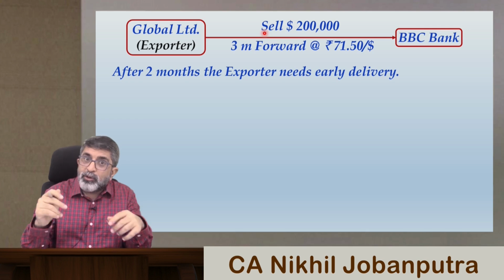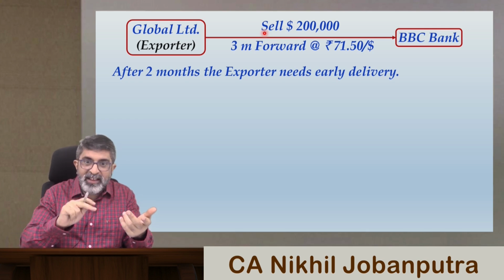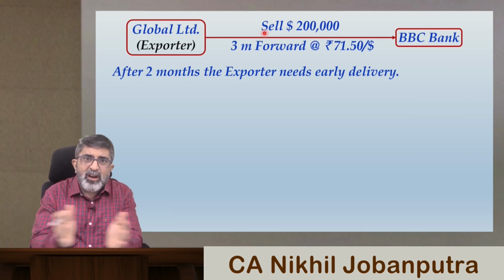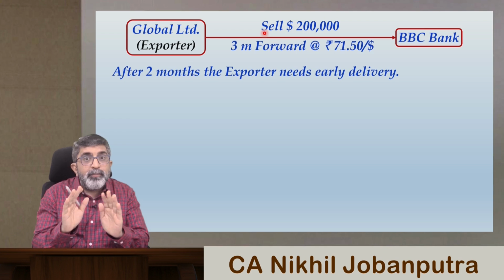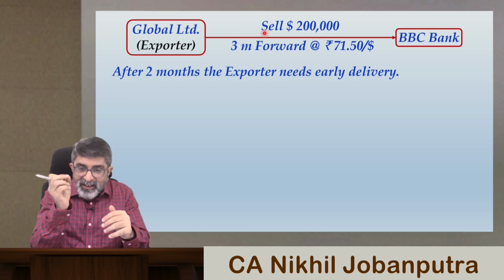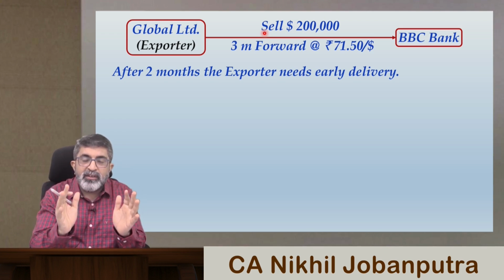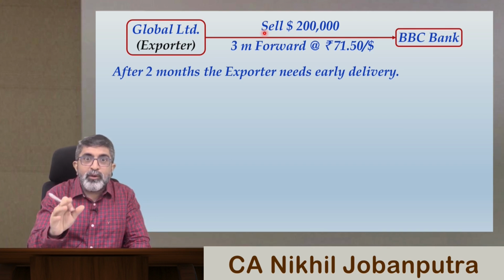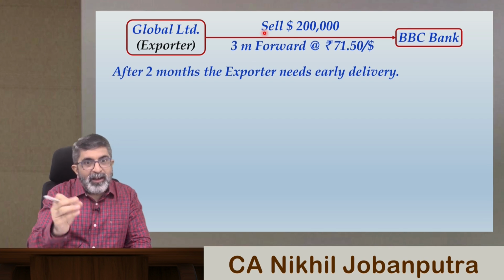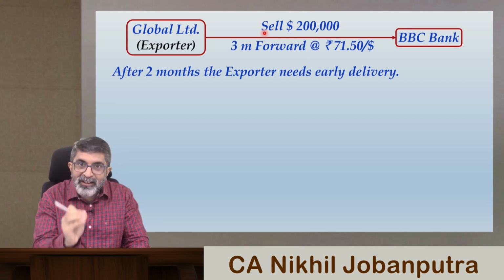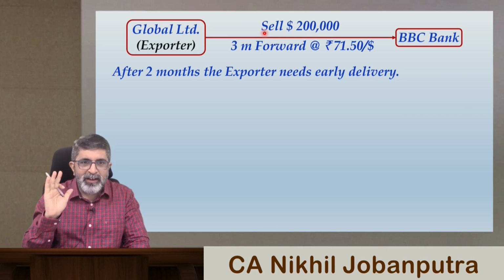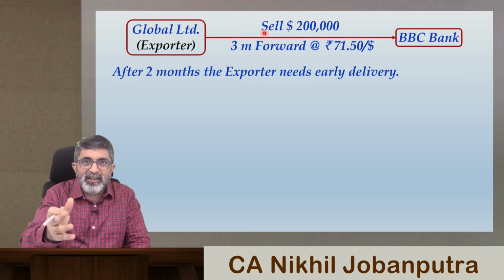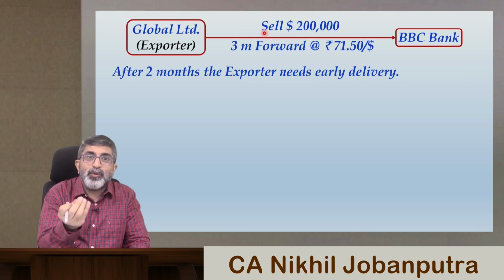Yes or no? So there may be losses arising on settlement or on accepting this as an early delivery or early closure of your contract. But in spite of those losses, the interest on that $2 lakh will be a huge amount, correct? In rupee value, it will go into crores of rupees, correct? And crores of rupees for 1 month, if you are getting interest on that, it itself is a big benefit, right? So all these swap losses and these small settlement differences will not matter to the exporter.